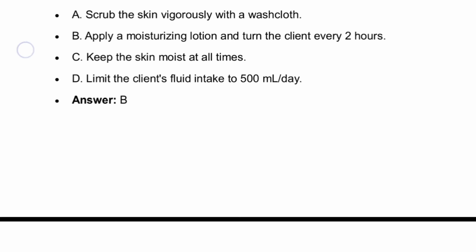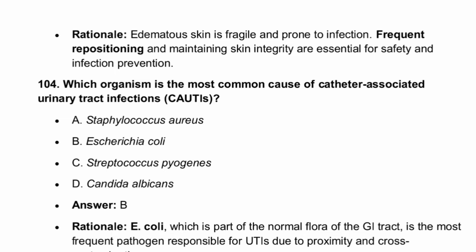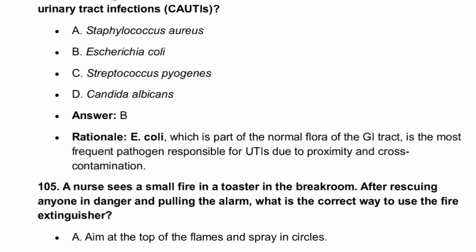বুঝতে পারলে? চলো নেক্সট। Which organism is most common cause of catheter associated urinary tract infection? ঠিক আছে, এটা হচ্ছে বি, ই. কোলাই, যেটা বলি এশেরিকিয়া কোলাই।